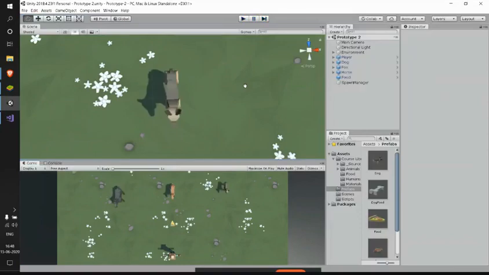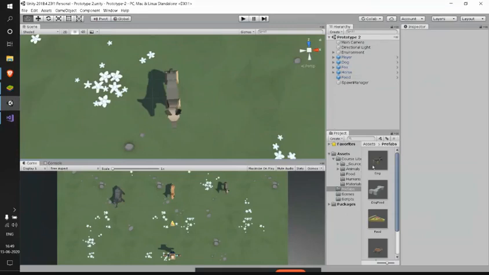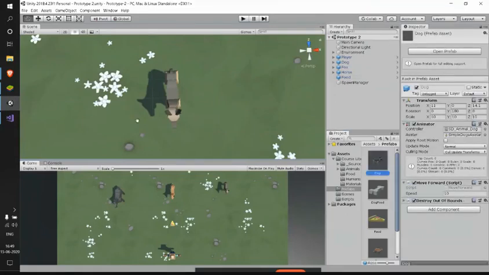It's just because if we do not specify any position, it will take the position of the prefab itself. In the prefab, the position is this particular position, so it's getting created at that position. I want it at my particular position, right? I don't want the dog to be created inside the screen.